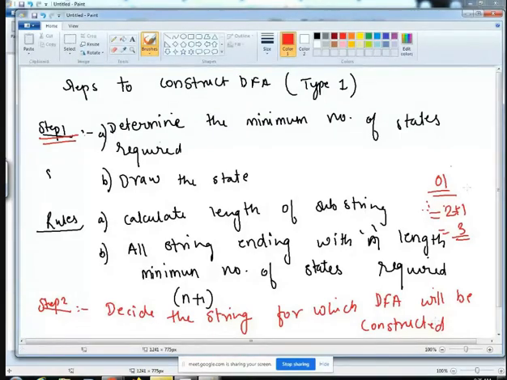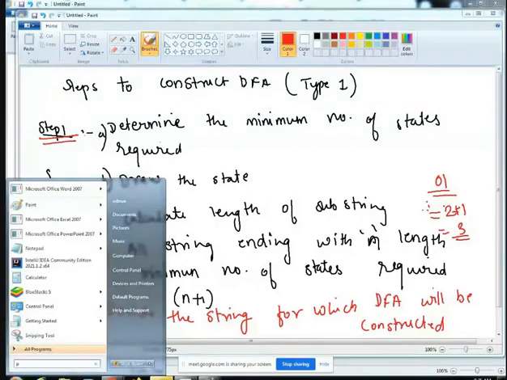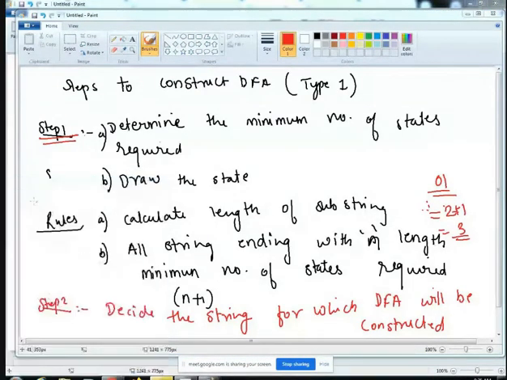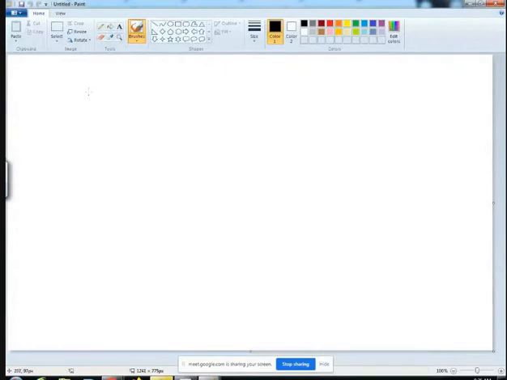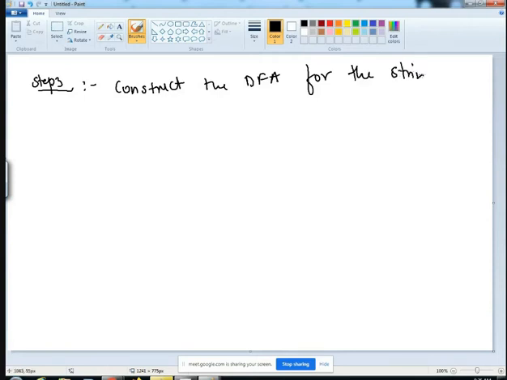Now step 3 says, I'll write down step 3: construct the DFA for the strings decided in step 2. So we are now actually constructing the DFA for the strings that we have decided in step 2. Fine.